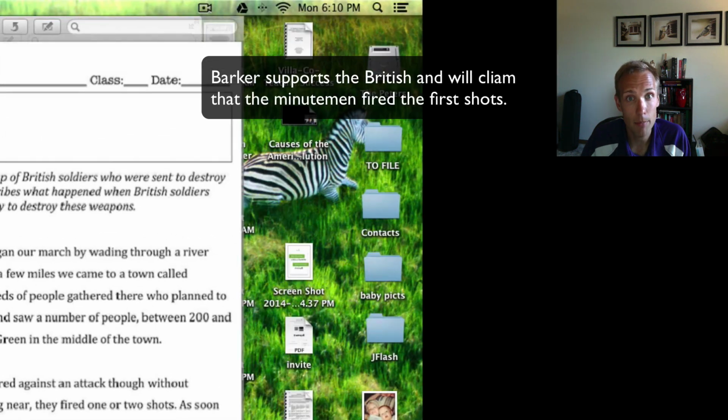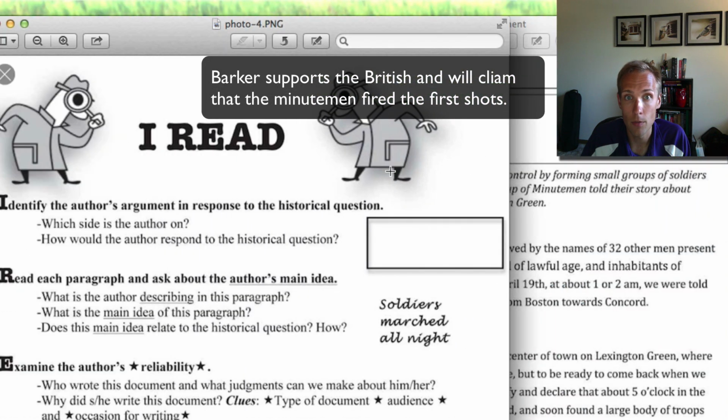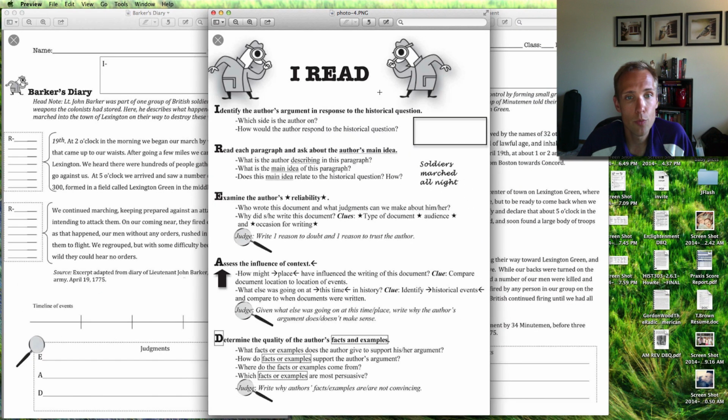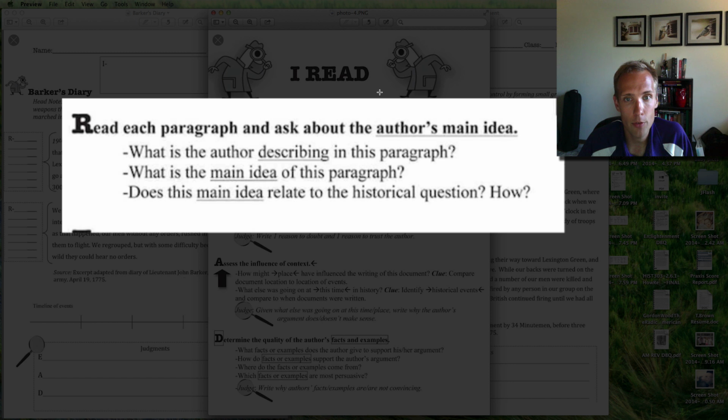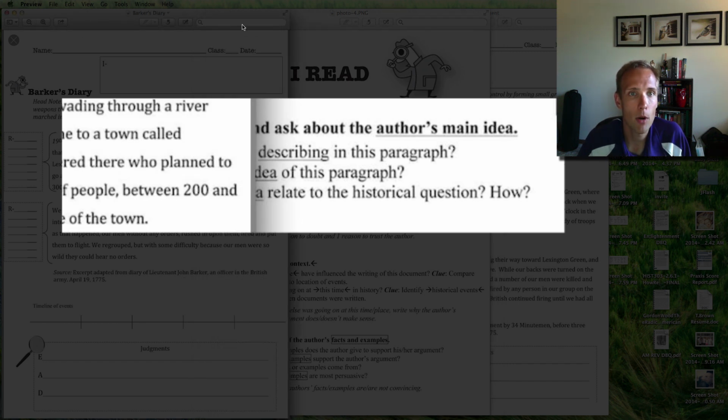Now, the next step in the I-READ process is to read each paragraph and ask about the author's main idea. What is the author describing in the paragraph? What is the main idea of this paragraph? Does this main idea relate to the historical question, and how? So if we go back to Barker's diary,